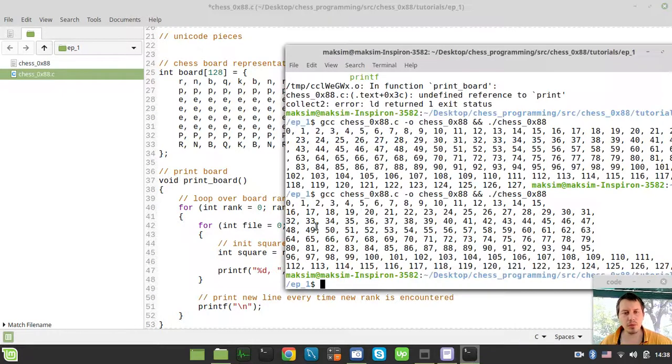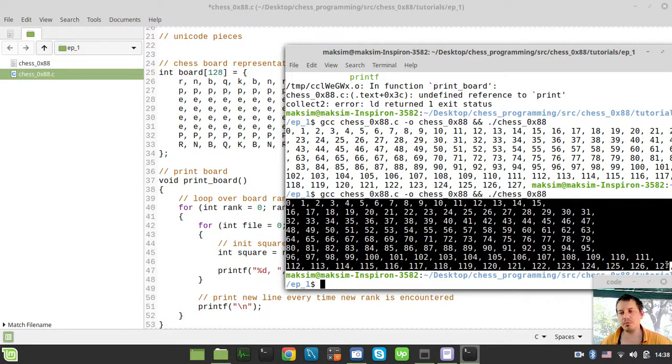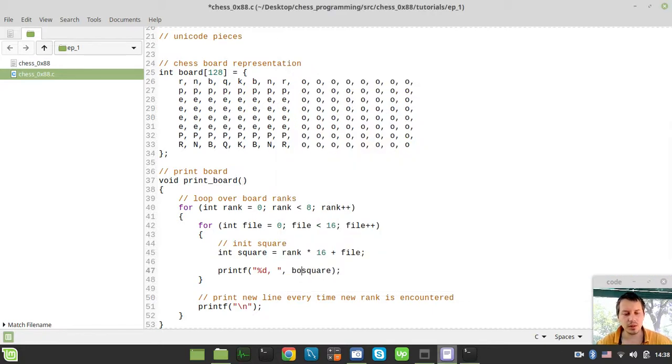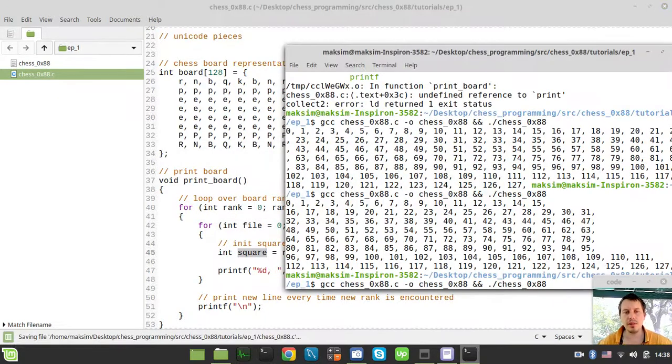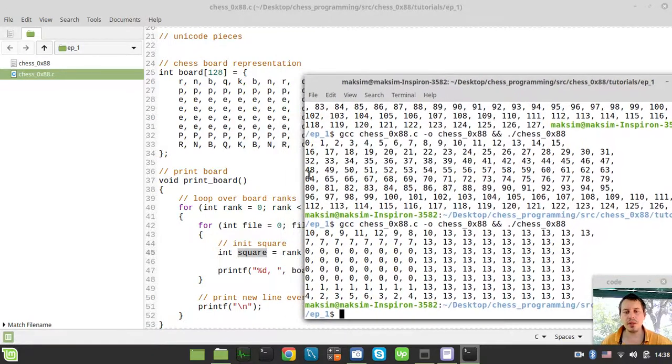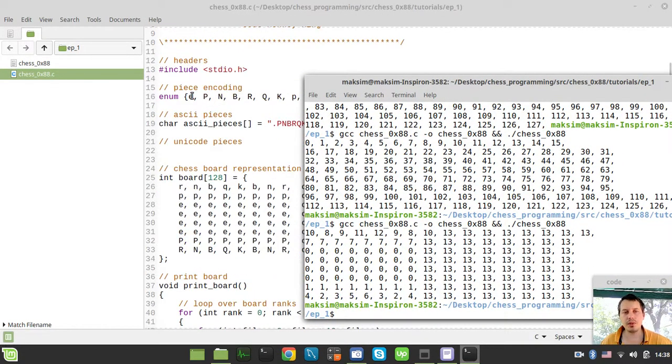Okay, so at the moment we do have our indexes being printed, but obviously we have already the board array being initialized to some particular values with the encoded pieces. So the next step would be to actually see these values. So instead of printing this square, let's reference our board array indexed by the square, because as I have already been mentioning, this square stands for the index of the board array. So now we should see some values that correspond to the chess pieces. You see, we have these zeros for the empty squares, right? We have these 13s for off-board squares, and we have these different values for our